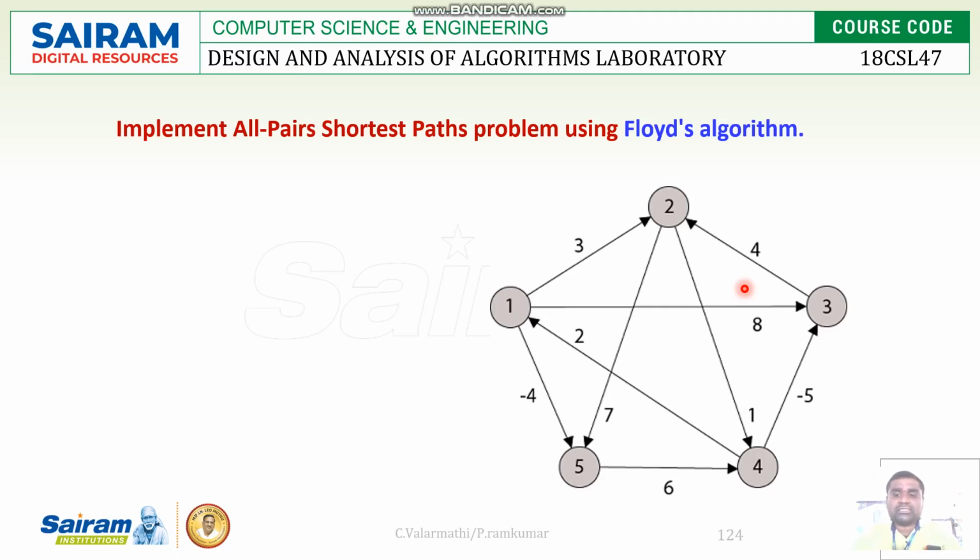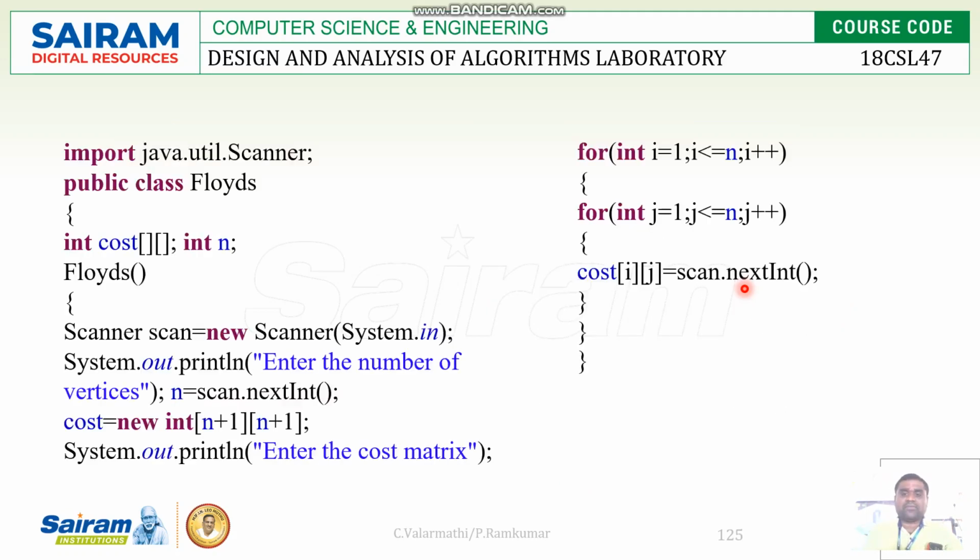That is, the distance from 1 to 1 is 0 and the distance between 1 to 3 is 8. 3 will be distance from source is infinity. So again I have to apply the relaxation formula, d of u comma v. If d of u plus d of u comma v is less than infinity, then d of v will be computed as d of u plus d of u comma v. So likewise we have to apply the relaxation formula for all the vertices of this given graph.